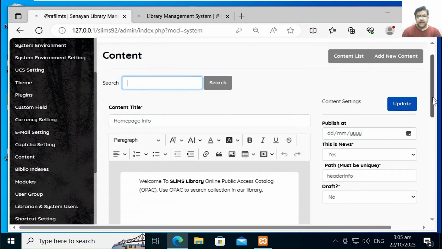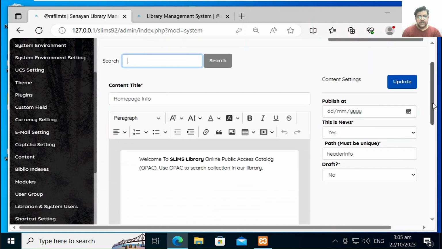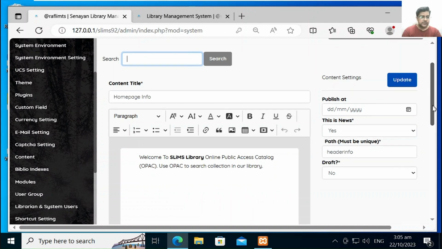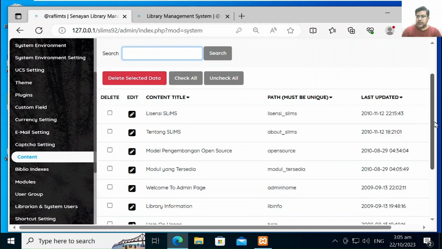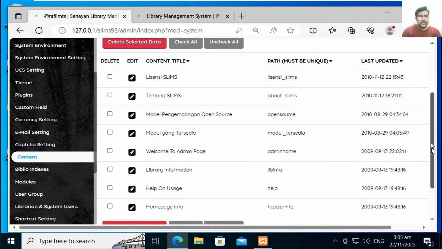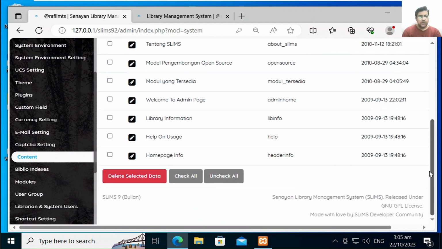On the header, this message actually displays: welcome to Slim's Library online public access catalog, use OPAC to search collection in all library, whatever. So these content you can work on, and we can discuss all these in one of the videos for the OPAC